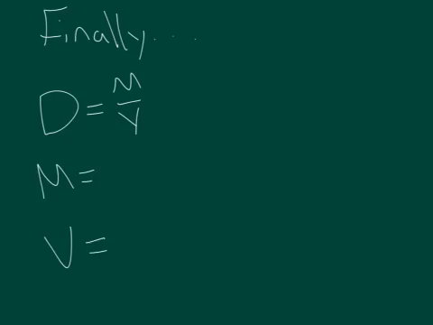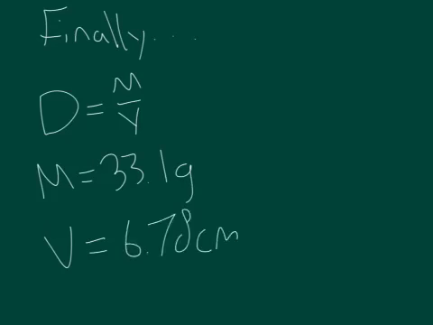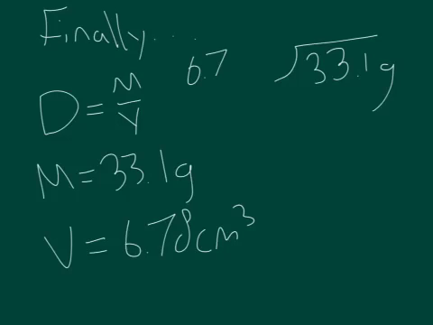The mass being 33.1 grams and the volume being 6.78 centimeters cubed. And all we gotta do is divide those two. We gotta divide 33.1 grams by 6.78 centimeters cubed. Sounds easy, and it is. So after dividing, we know that the density of this object is 4.9